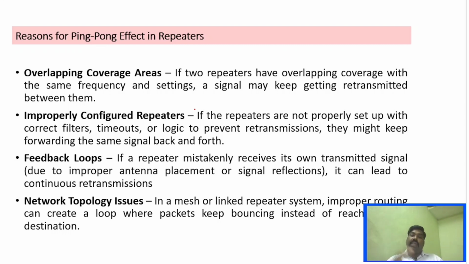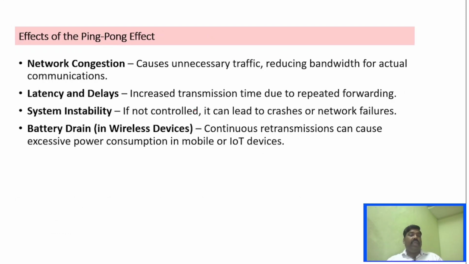That is, if a repeater mistakenly receives its own signal, then it will keep repeating the transmission again and again, right? And even network issues can happen, network topology issues in mesh or linked repeater systems. Improper routing can create a loop where packets keep bouncing between the source and the destination, right? These are the various reasons for the ping pong effect, and